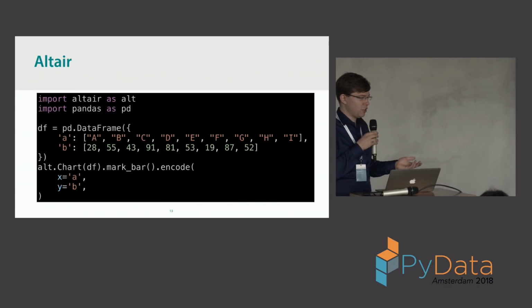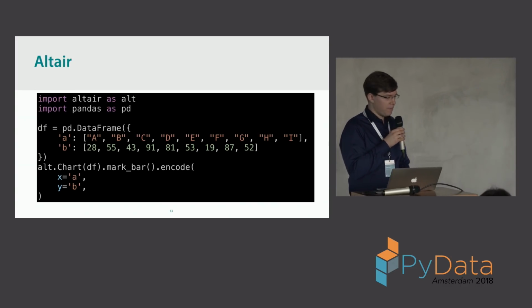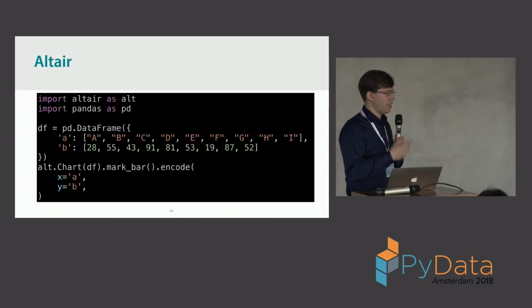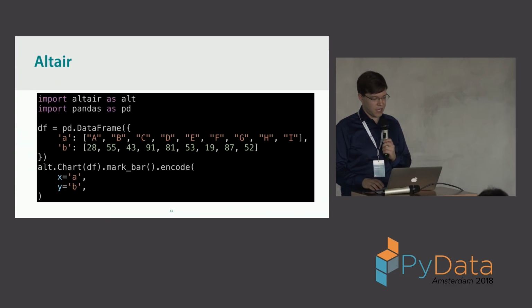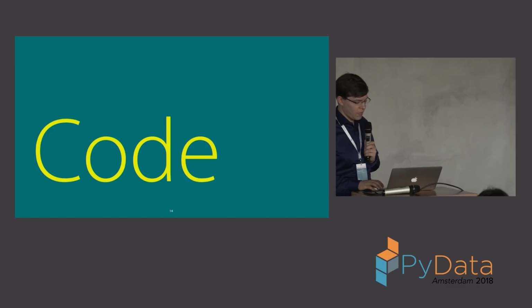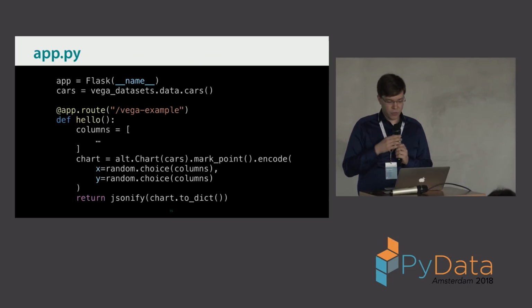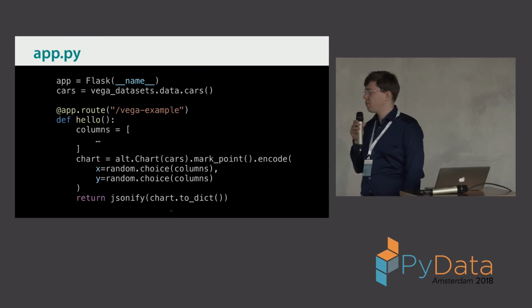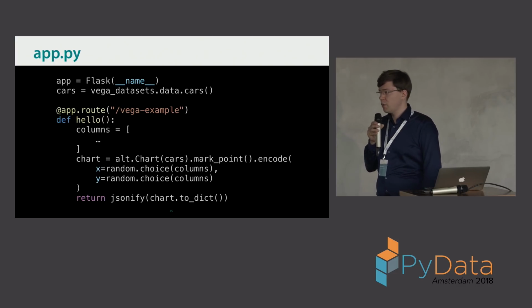Or even better, if you're in a Jupyter notebook, if you run this one line, and it's the last line in your cell, it will also just show the chart. So there's already native integration for Jupyter. My demo I've shown is made up of 3 snippets. The first one is we have a Flask app. The Flask app in the back end, it uses from Vega a cars data set. We just use it as an example, put it into a data frame,